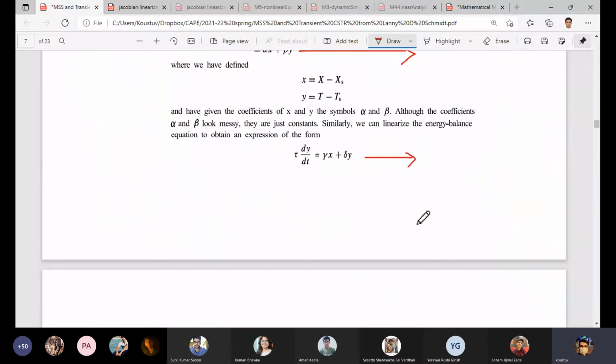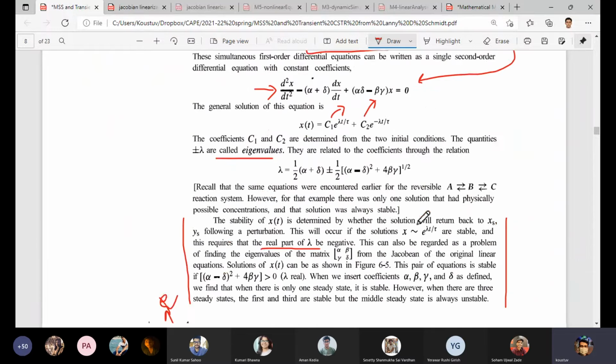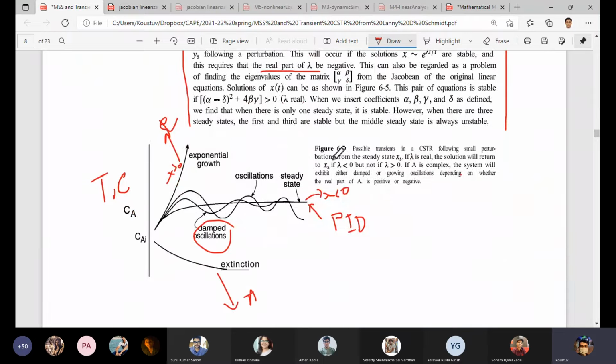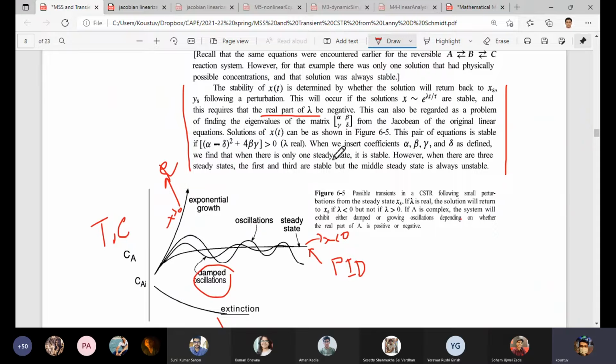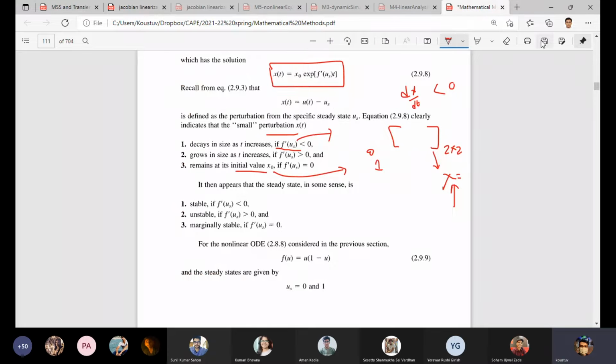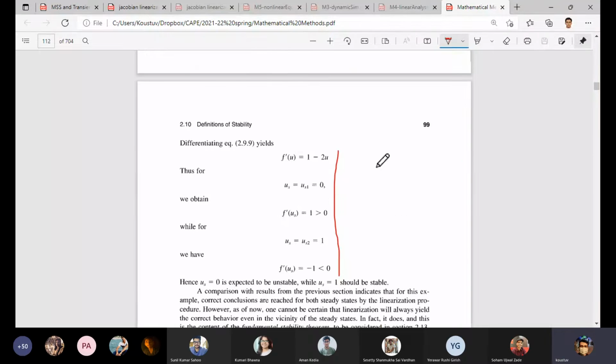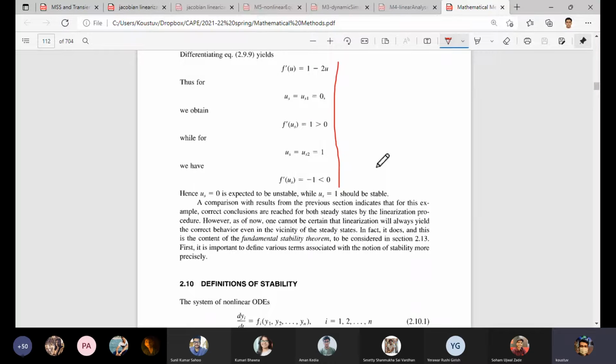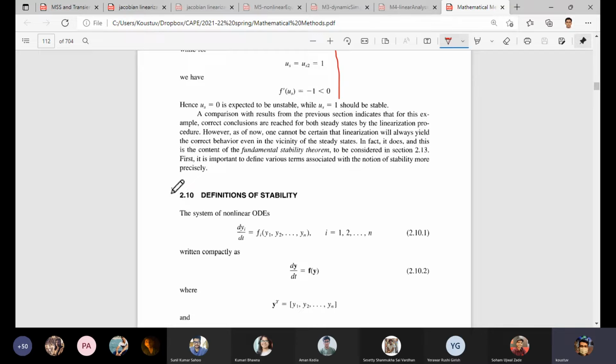So sometimes it is more efficient to do it mathematically. We can easily see, just by checking the value of lambda, what it means, and based on that we can say whether it is stable or unstable. So this is very important. And some more thoughts or explanations, I would call it some more important reading. If you can do it on your own, it will be good.